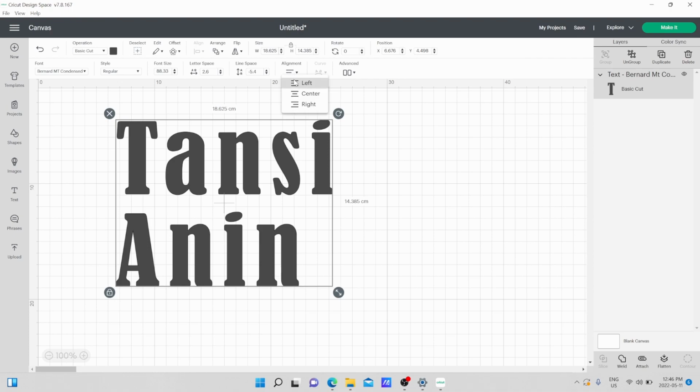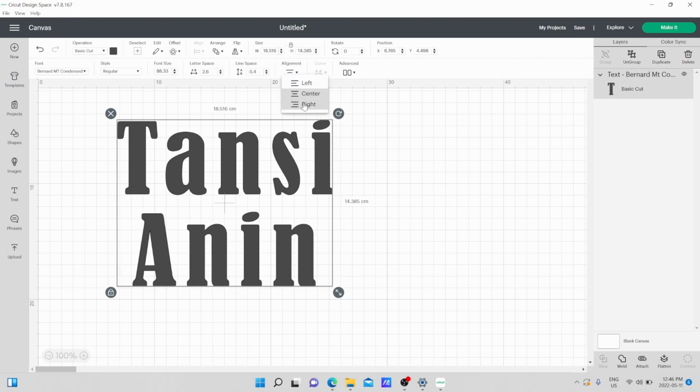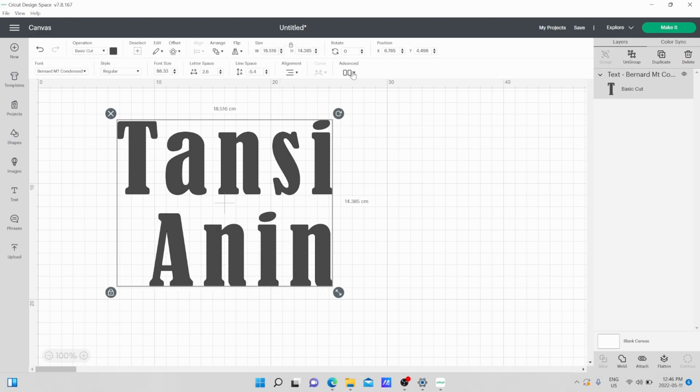Alignment. We can have left alignment, center alignment, or right alignment. And in the advanced options here, we can ungroup letters, we can ungroup lines. And again, that just allows you to manipulate each letter, resize it, and place it in a different way so that you're able to transform these words into something really special. So we're getting into some of the big